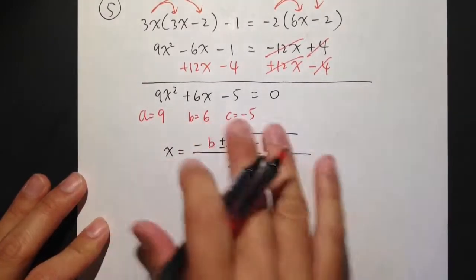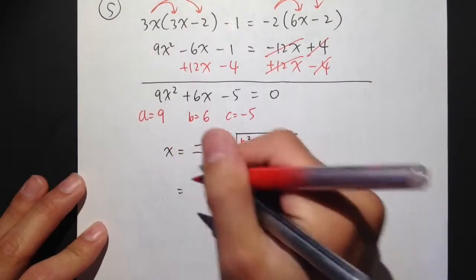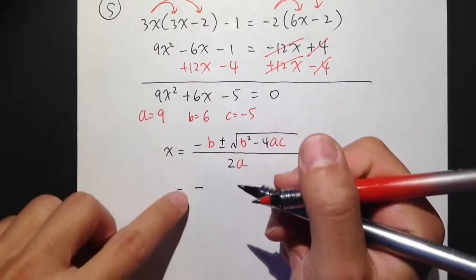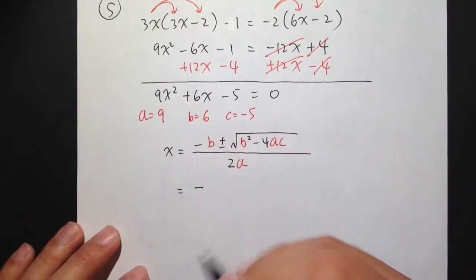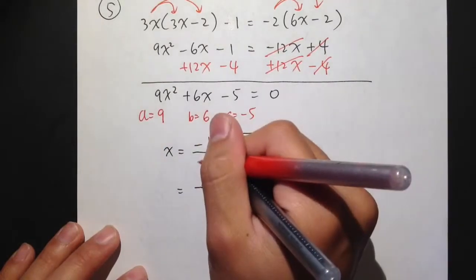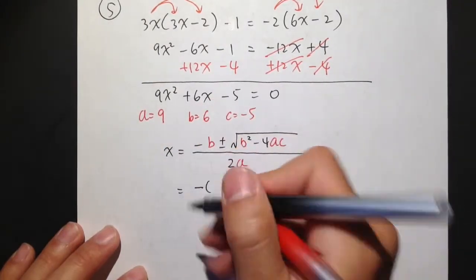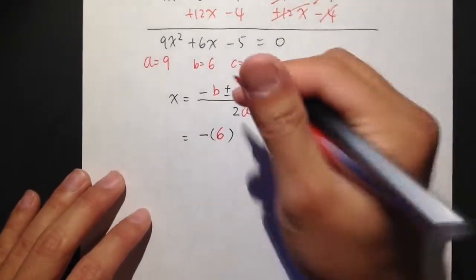Then we're just going to plug numbers into the quadratic formula and work things out. On the top, I have the negative, and then b is equal to 6. But as a habit, whenever you see a variable, open the parentheses. Since b is equal to 6, put a 6 inside the parentheses. So this is my 6. Plus minus